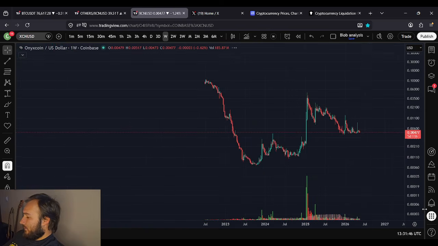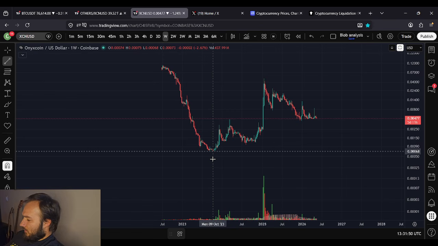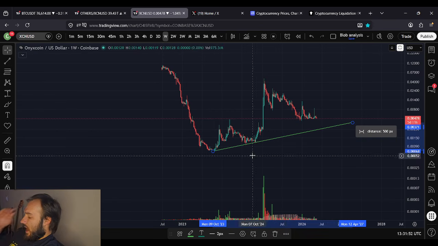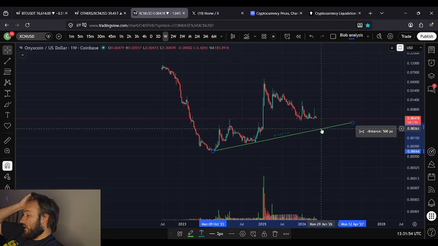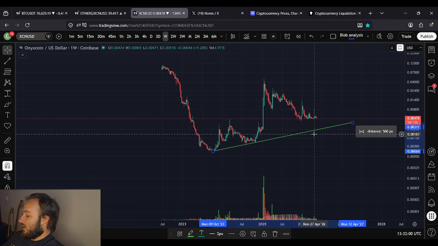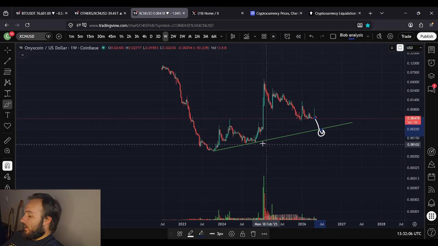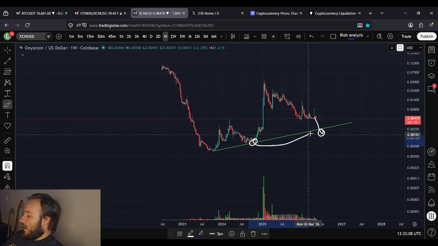Looking at this on a weekly time frame, and this is not the call, I'm not making this call, but we do have these higher lows here which we could interact with, and that would take us around 0.026, 0.027, 0.028, depending on when we hit it. We could even go below this trend line. These trend lines are not all that matters. What matters is low, higher low.